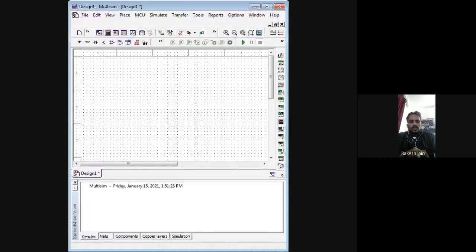Yes. So in the LIC subject, we have already discussed the RC phase shift oscillator with the help of an operational amplifier. But now I am going to teach you the designing of the RC phase shift oscillator with the help of transistor circuitry. Here the total 360-degree phase shift, or 0-degree phase shift, can easily be achieved with the help of the feedback network and the RC network. The RC network provides 180-degree phase shift and the remaining with the help of negative feedback. Here we use a transistor instead of an operational amplifier, as in the RC phase shift oscillator we discussed in the LIC subject. The frequency of oscillation is the same.